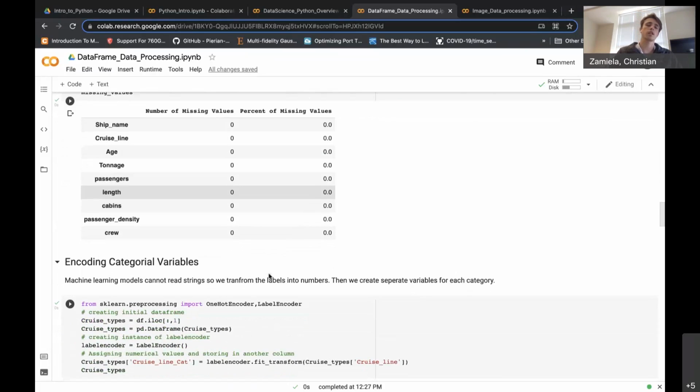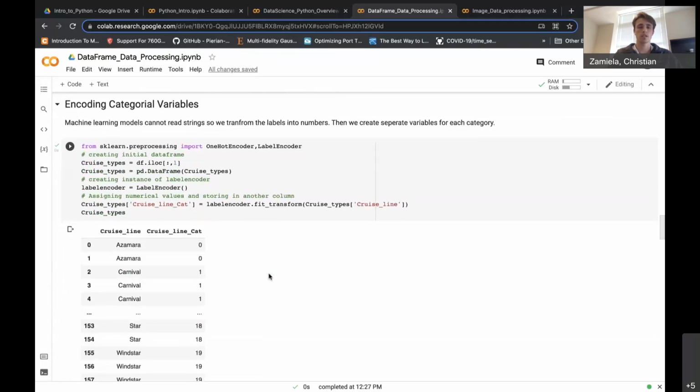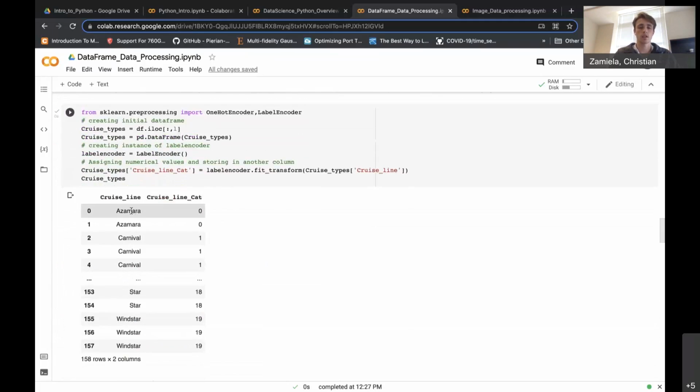But the next challenge that we run into is that for categorical variables, machine learning models cannot read string values. So we have to turn that into a number, encode that into a numerical value. By using the categorical encoding, we've assigned a number to each string. So whether we have Carnival Cruise as 1 or Star Cruise Line as 18, it's given a numerical value. Some machine learning methods can read these numerical values, but